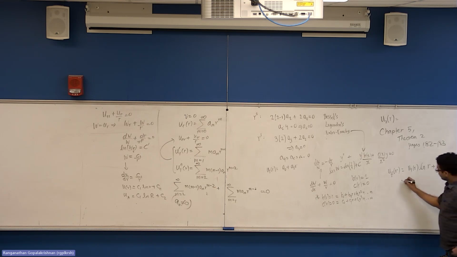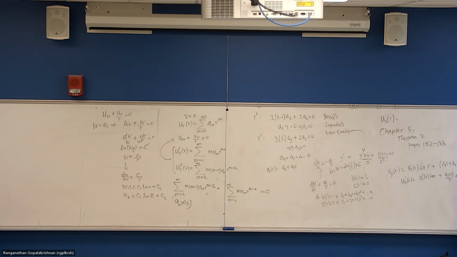So our u_2 prime of r is u_1 prime of r times ln r plus u_1 of r divided by r, and then you have the infinite series, which is nothing but the sum of a_m r to the power m,